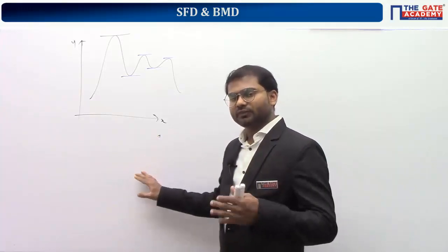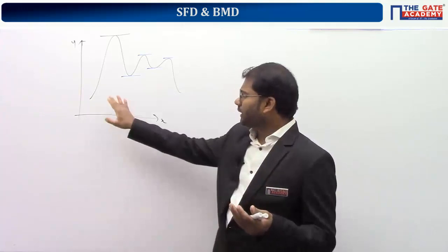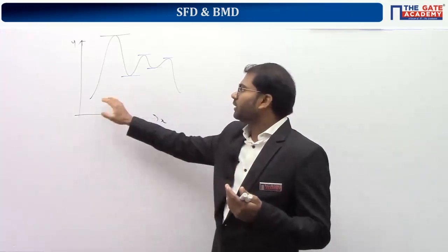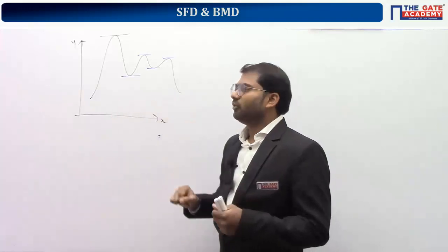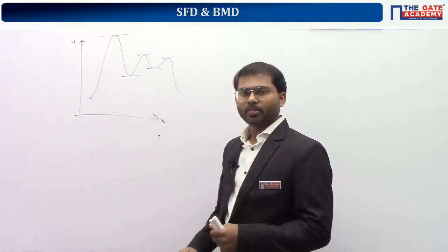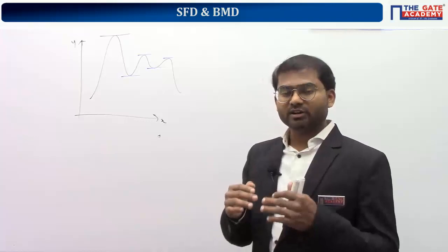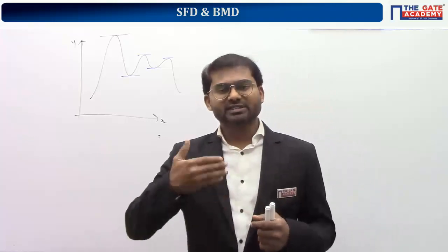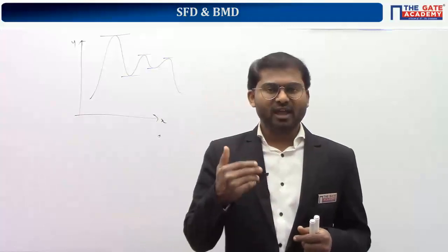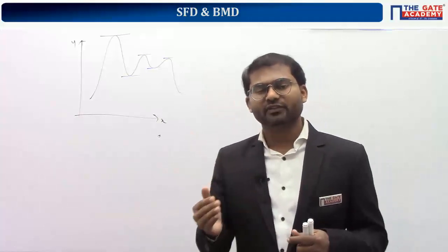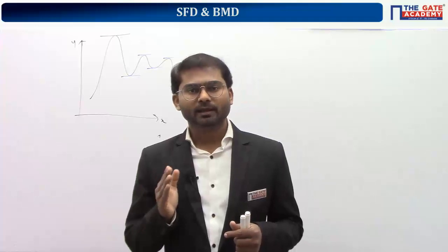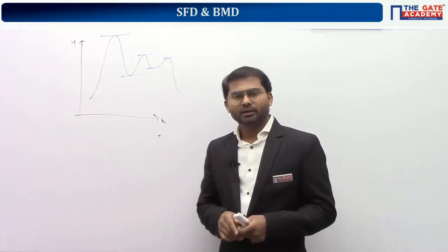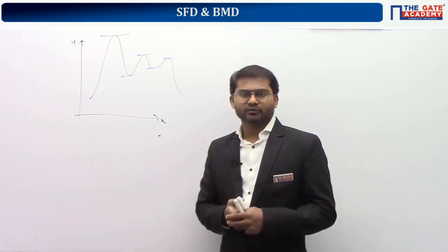for the condition that at all the locations along the length of the beam, or strictly speaking, at all the locations along the function or in the range of the function, the function should be completely differentiable and it should be continuous. So the statement I'm telling is valid only when the function is continuous and differentiable throughout the range. Clear? So we are going to apply this result into our concept, which we're going to discuss now.